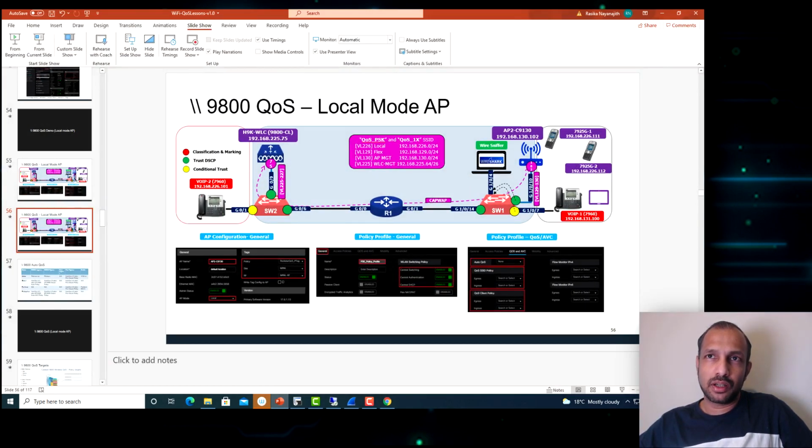So now the expectation is that the QoS value coming in should be preserved. The outer CAPWAP should get EF for voice traffic, and that value needs to remain. So even if you capture here, in the uplink and downlink direction, the voice payload traffic should go with EF. For control traffic on the phone side, CS3, we'll see in the downstream direction as well whether the call manager set it to CS3 and whether it is preserved.